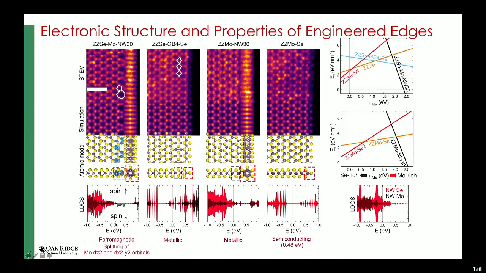So in this case, we're plotting the density of states. For this configuration, a zigzag selenium-terminated edge with a little nanowire at the end, it changes from a semiconductor to ferromagnetic. We have the density of states that show the spin up and spin down configurations for that specific structure that's forming at the edge. We have a case where we're changing from a semiconducting material to purely metallic, and then also a specific configuration where we can see that it's a selenium atom terminated and it still retains a